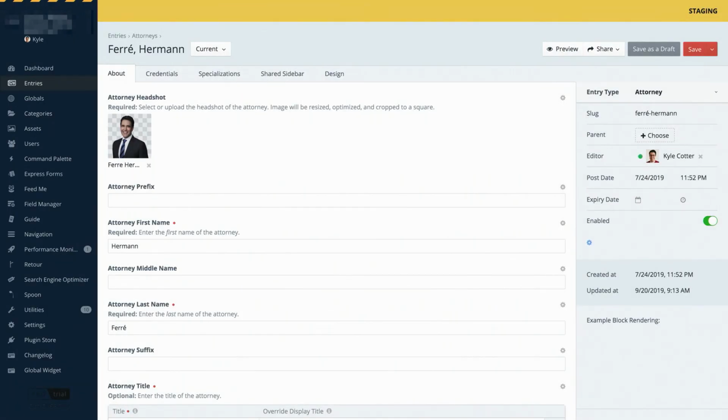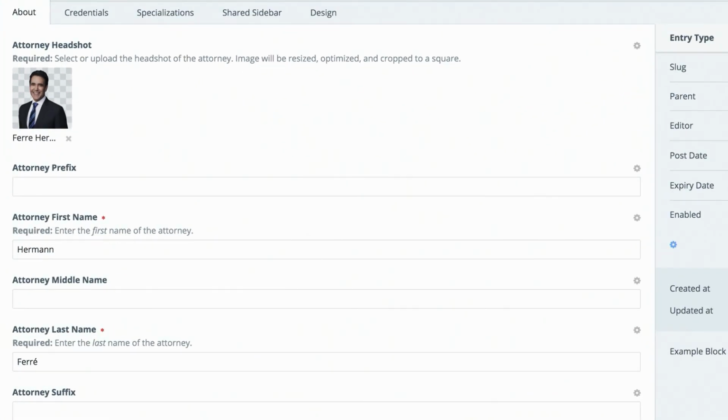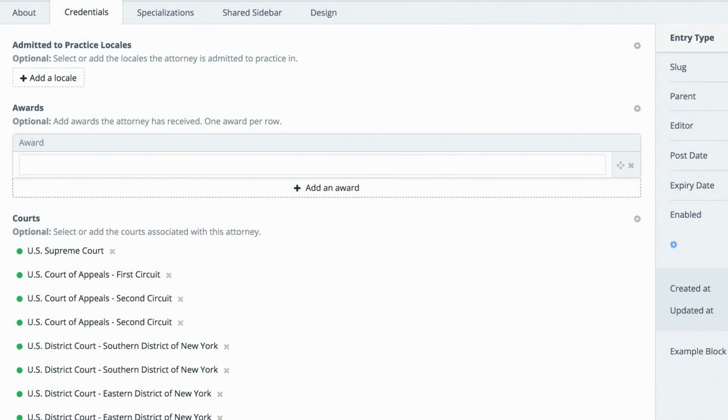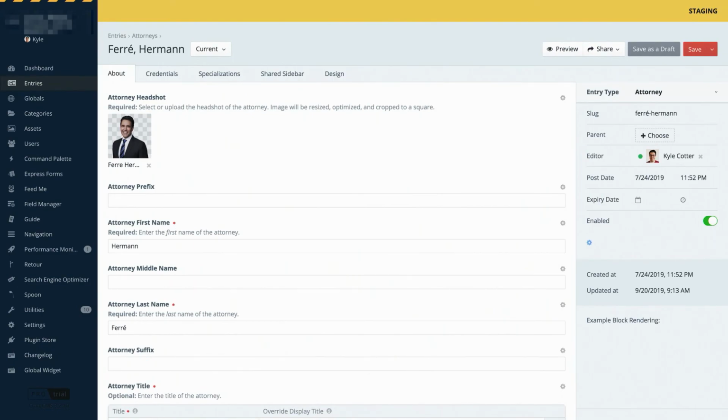And then finally, we'll look at a comparable example in Craft. This was for a law firm. They have attorneys. In order to pull off some custom search functionality with Algolia and for just general layout, here are specific fields that need to be filled in for an attorney. All sorts of stuff, and then we'll also have some relation fields that need to be set up. So that's on the parent attorney page.